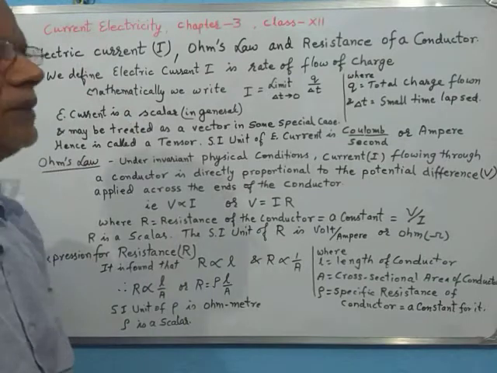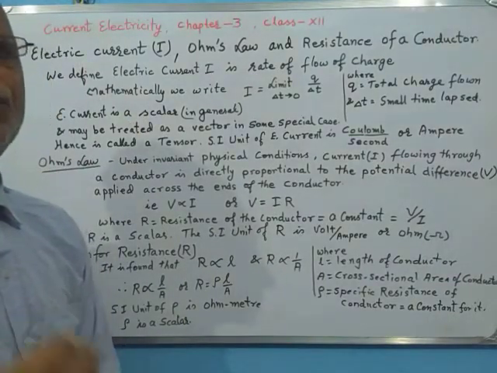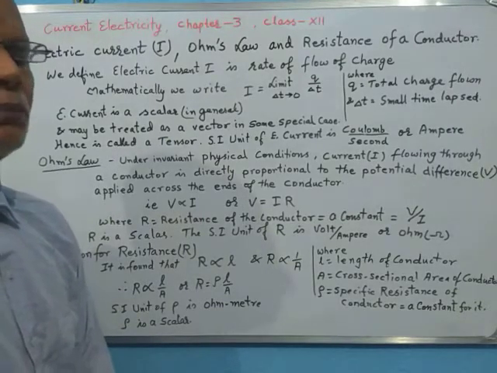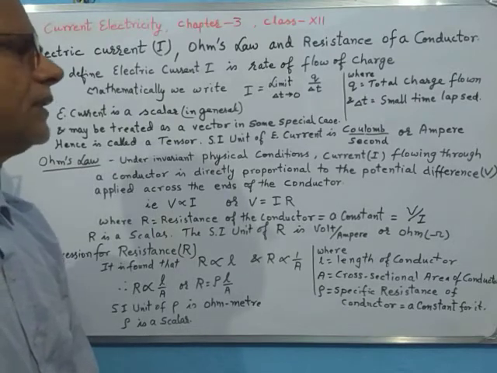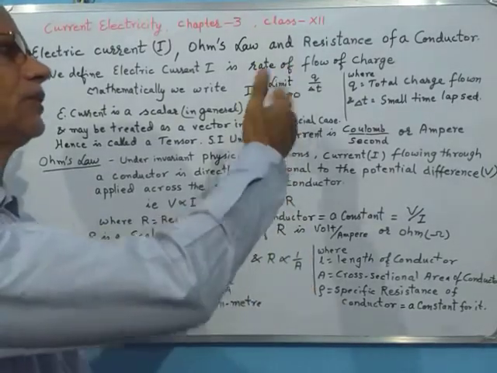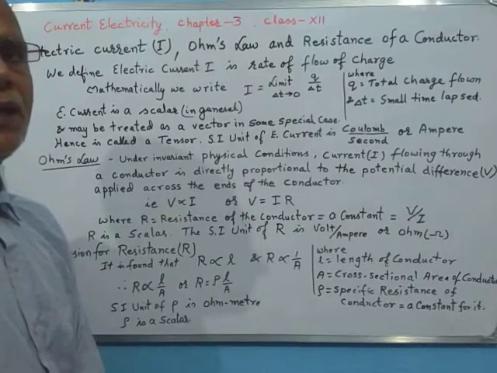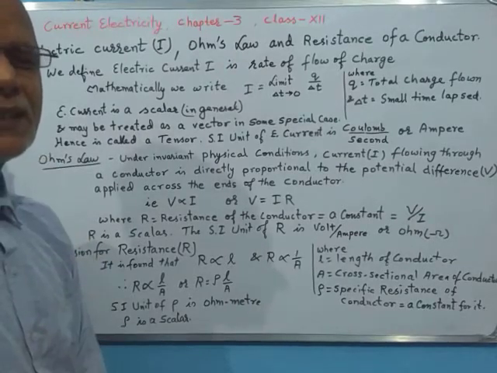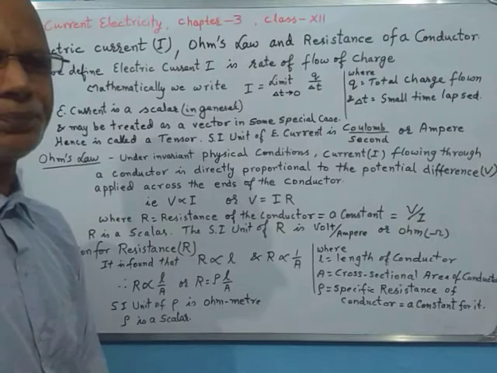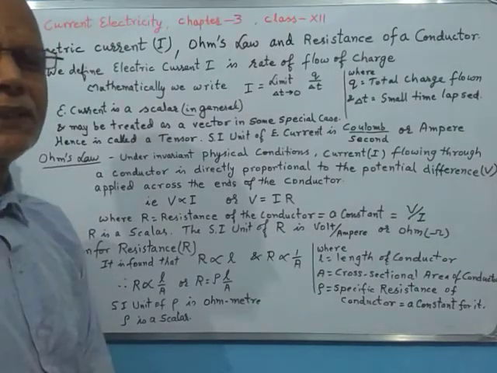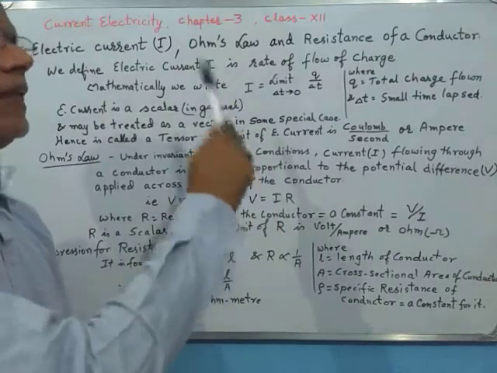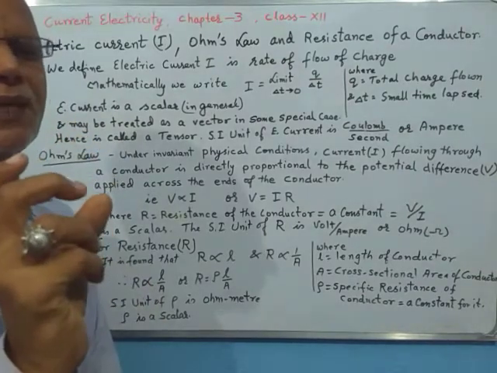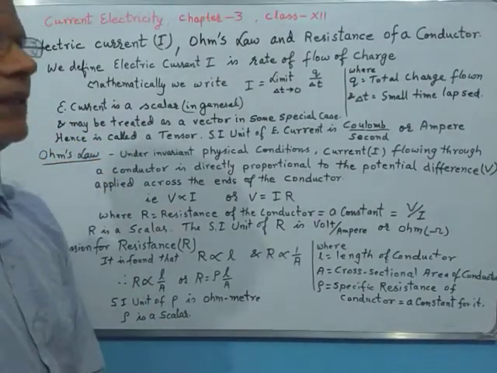Now the electric current, we have been defining electric current as the rate of flow of charge, meaning total charge flown per second. But now we are modifying it slightly, in the sense that we calculate the amount of charge flown per unit time when the time duration considered is as small as possible. Meaning the time duration is kept small, that gives us the instantaneous current through the conductor at any moment of time. Meaning for a small duration of time we take it as a point of time.